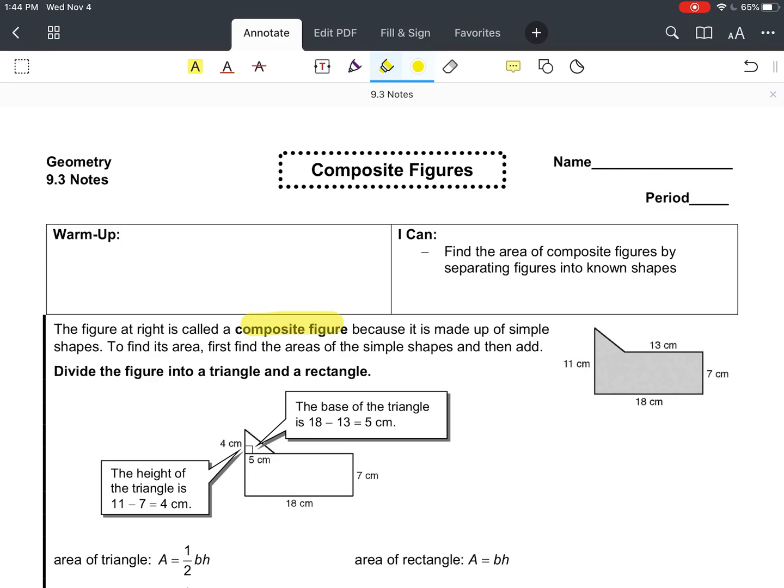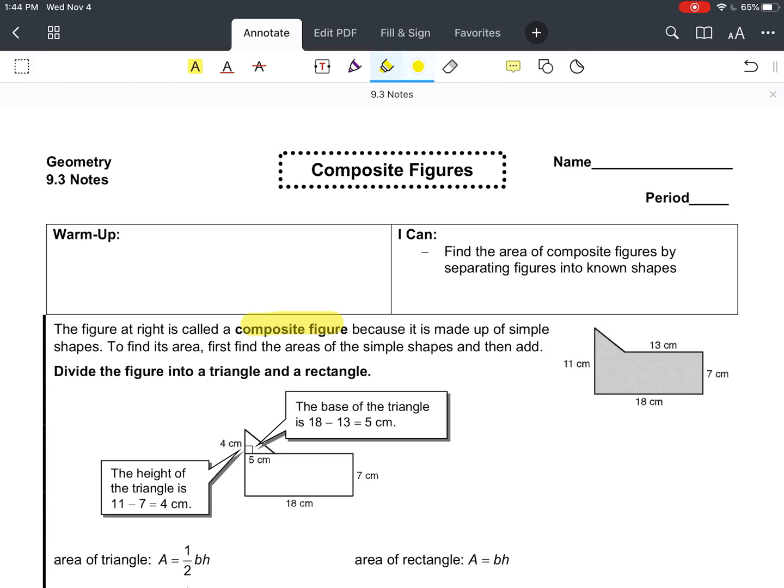Adding on to what we know about our area formulas, we're going to find the area of composite figures. So the figure to the right here is called a composite figure. It's called that because it's made up of simple shapes we know. So think about area formulas we know. We know squares, rectangles, triangles, circles. So technically we know the area formula for a semicircle, half of a circle,